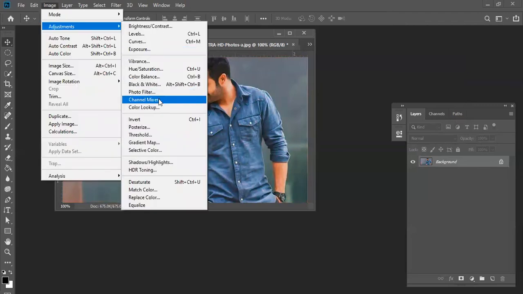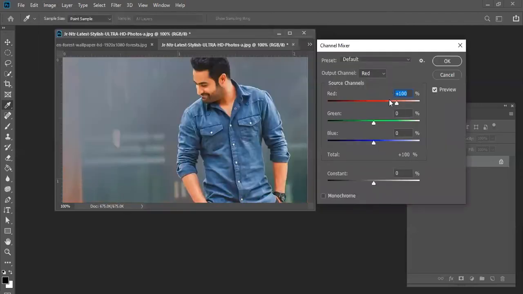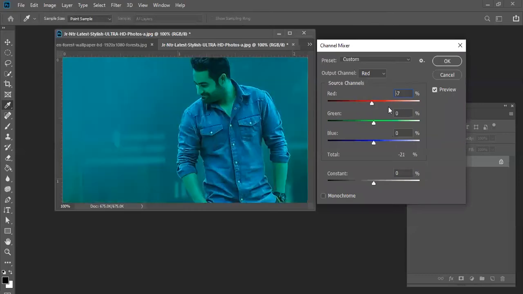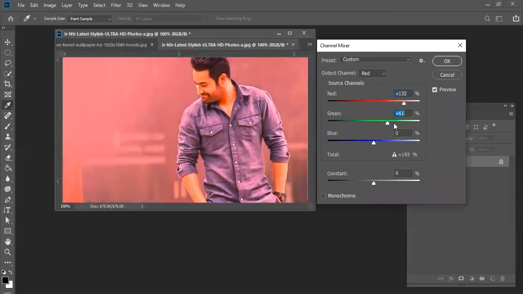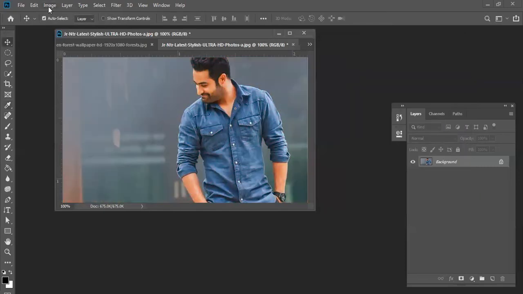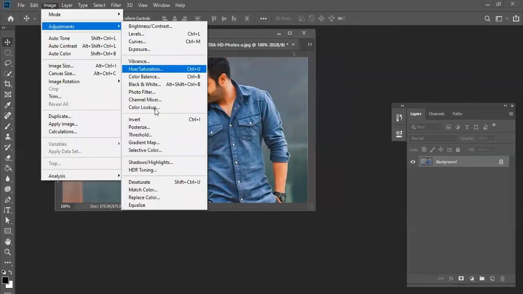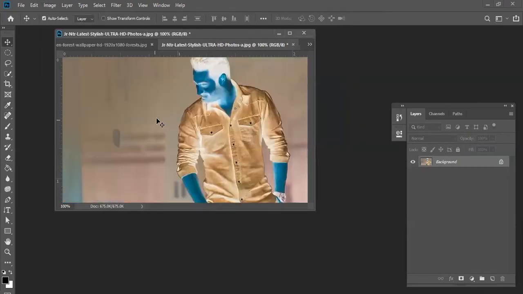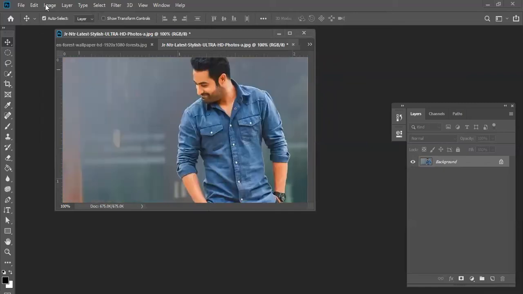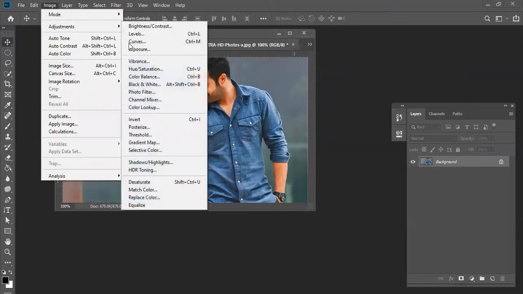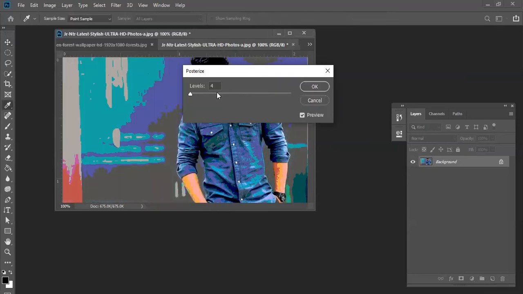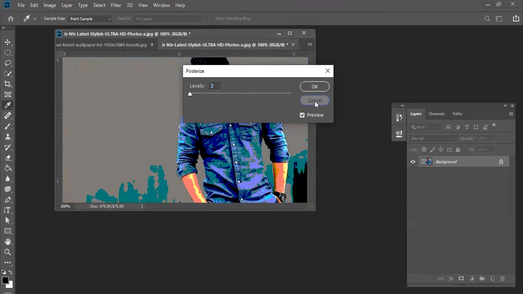And channel mixer also. You can adjust like this. See, when you're adjusting all these values, you can see different values. You need to check one by one. Okay. Invert is like a photo negative, it will be Control Z. Negative. Yeah. So image adjustment and threshold you can use. Threshold, when you are adjusting like this, it will be like that.